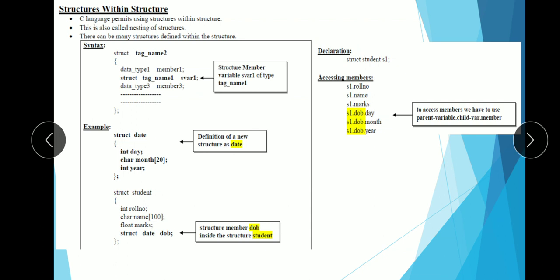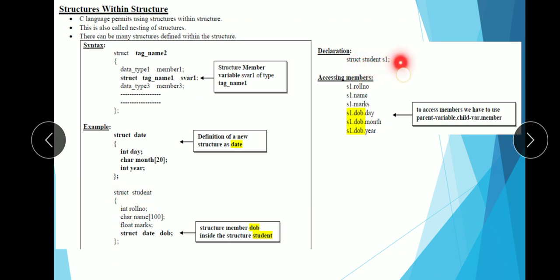Now the question is how to declare this particular structure. As we used to declare our normal structure, in the similar way we are going to declare the structure variable. So I would say struct student S1.